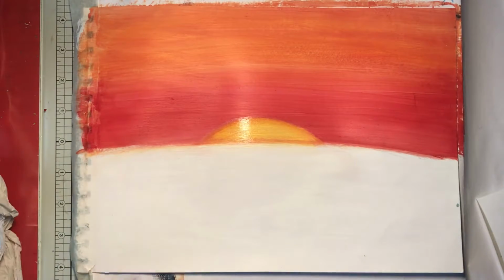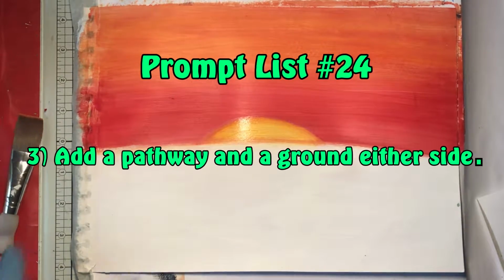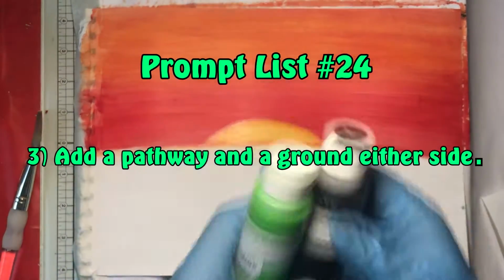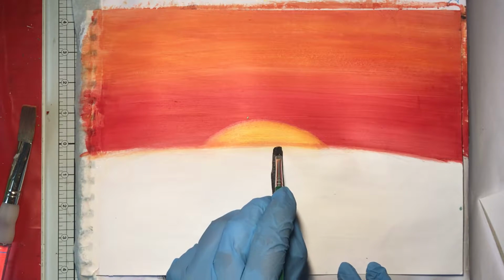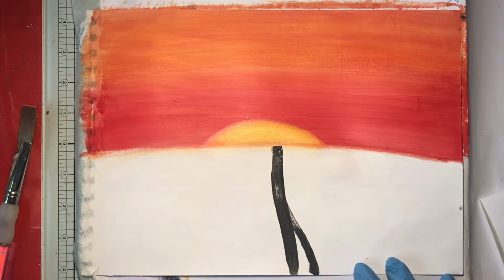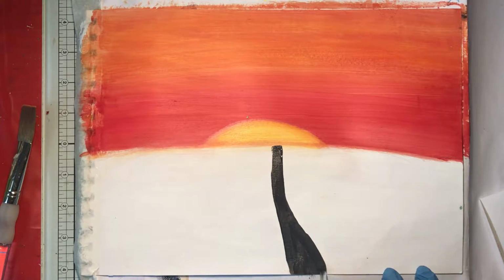Obviously, if you don't want to use gelatos, paints is fine, whatever you have available to you. So prompt number 3 is to add a pathway and a ground either side. So I'm putting a pathway in the middle and I'm going to use the green and black mixed together. The path will be more on the darker side, and then the ground either side of it I'll have a bit more green. So once I've added the path, I'll then add some paint on either side of that,